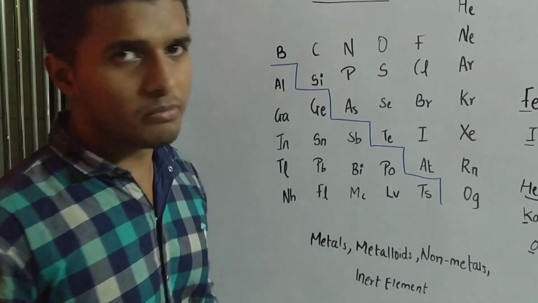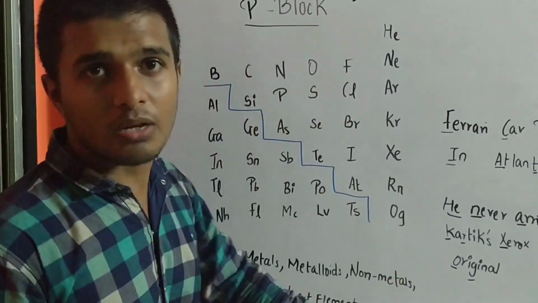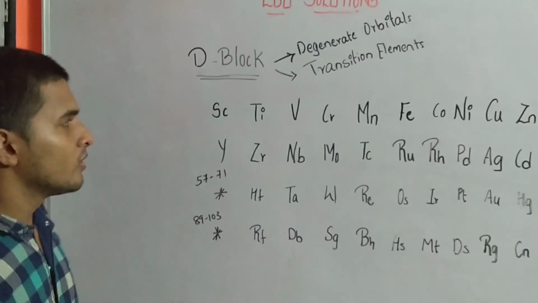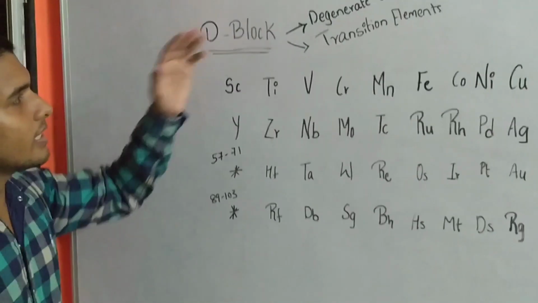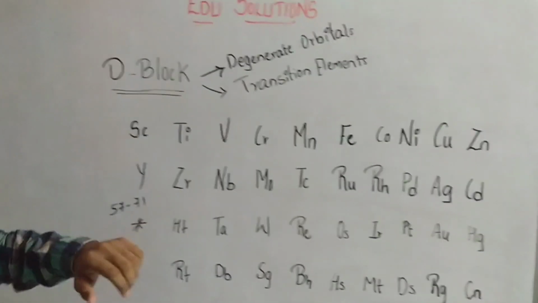These elements are transition elements. So let's move to the transitions by transitioning this particular block to the next block. So let's go to the D block. I have written certain things here. First move on to these elements and afterwards these things.